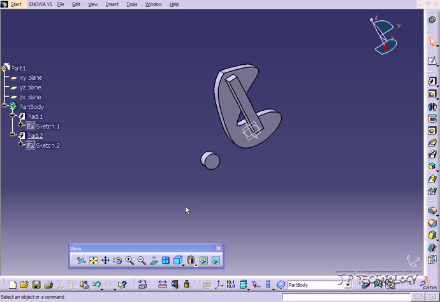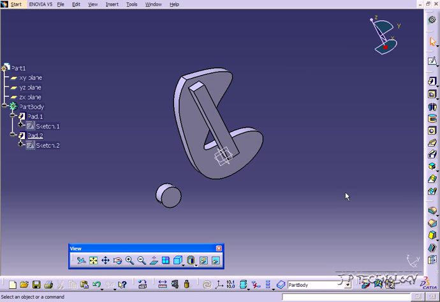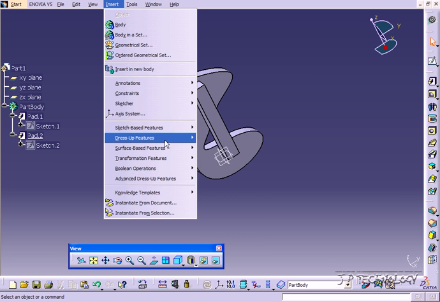This is tutorial number 66, and it covers how to use the shell feature within CATIA v5. To start off, open up tutorial part number 66, which is located on the DVD. Now the shell feature can be found on the toolbar over here, or you can go to Insert, Dress Up